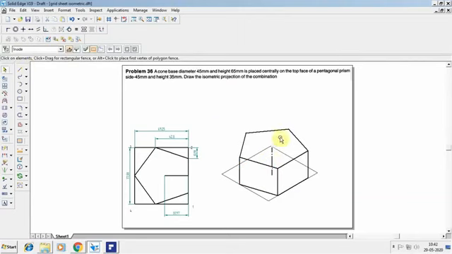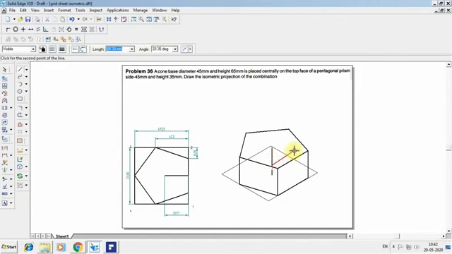Now above this I have to create a cone. The cone base diameter is 45, and the height is 65 mm. So from the center, since to draw a circle I need to draw a square, and 45 mm is the side they have given, I have to take off 22.5 at minus 90. So I'll come back downwards. From here I'll go for 45 at an angle of 30, 45 at an angle of 150, 45 at an angle of minus 150, and 45 at an angle of minus 30.